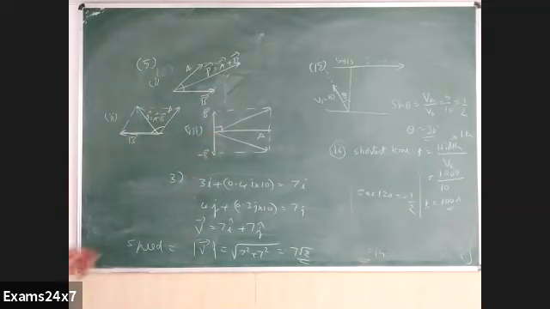So you can write one statement: when B is reversed, the magnitude of resultant remains the same. Only if, when B is reversed, the magnitude of resultant remains the same. Under that word same, comma. Only if, what is the condition? A is perpendicular to B. Only if A is perpendicular to B.